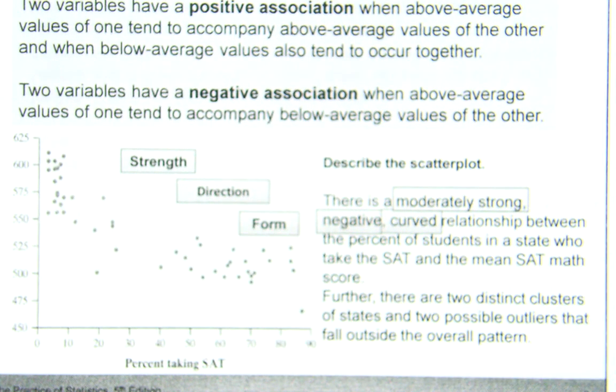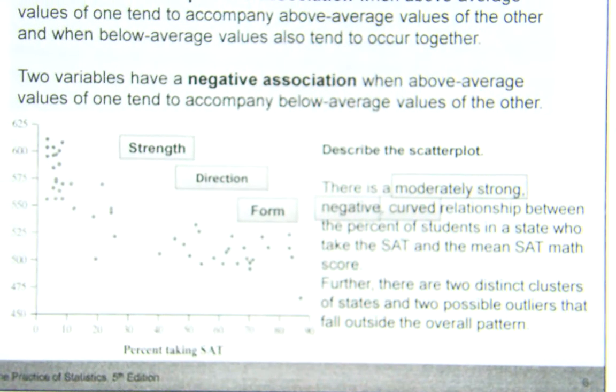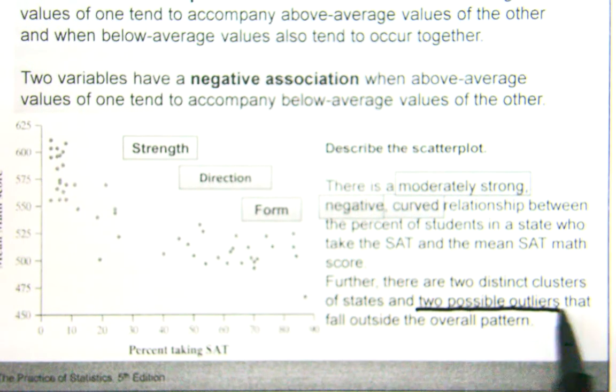And the important thing is to describe it in a sentence. Okay, so there's a moderately strong negative curve relationship between the percent of students in the state who take the SAT and the mean SAT math score. Further, there are two distinct clusters of states and two possible, that's your key, two possible outliers that fall outside